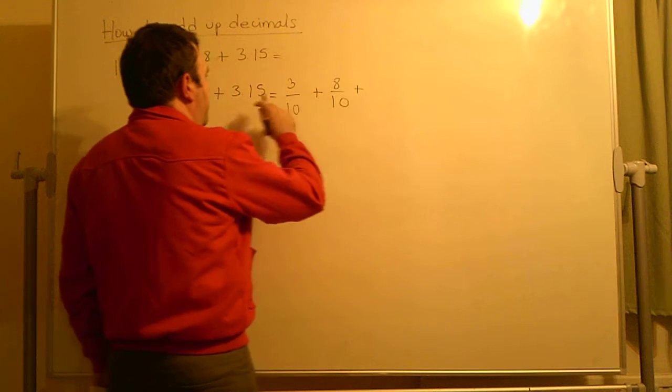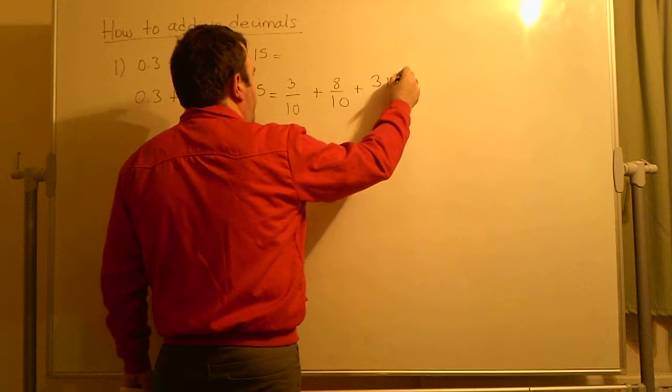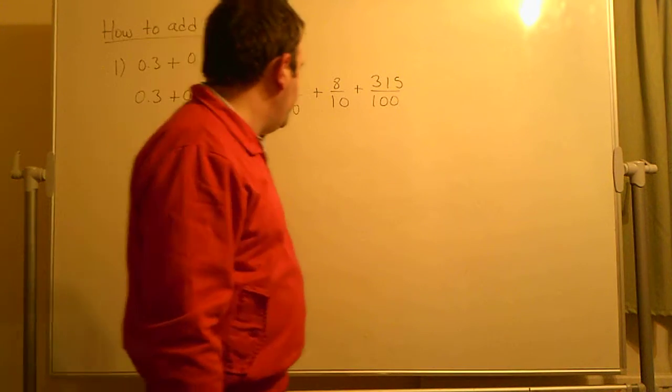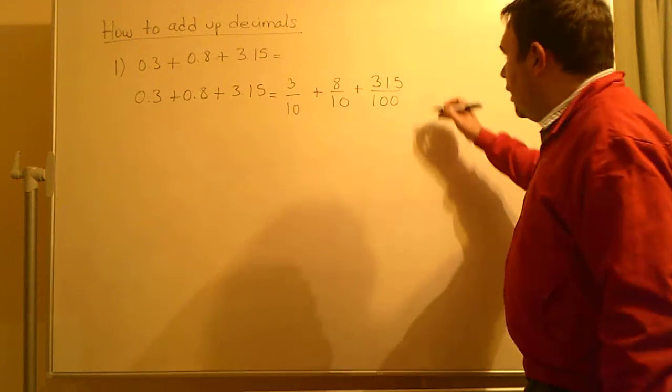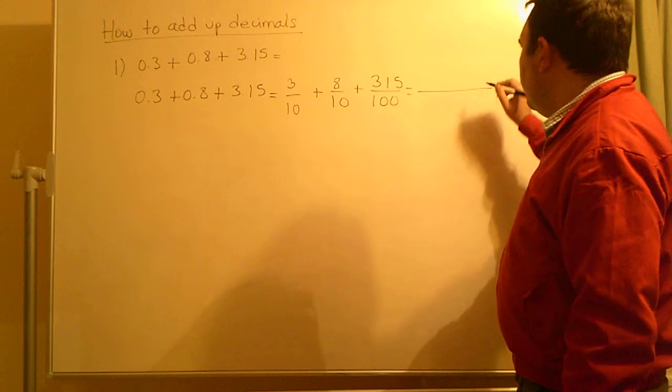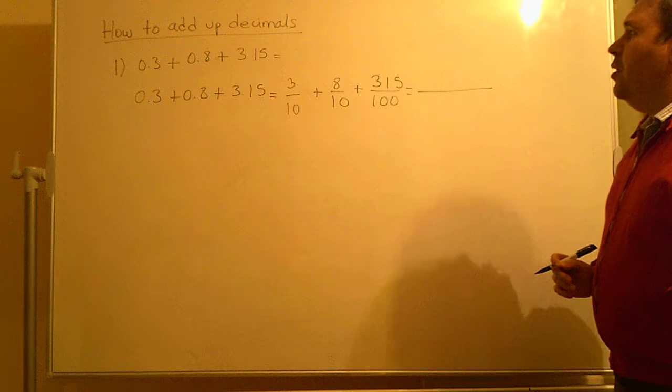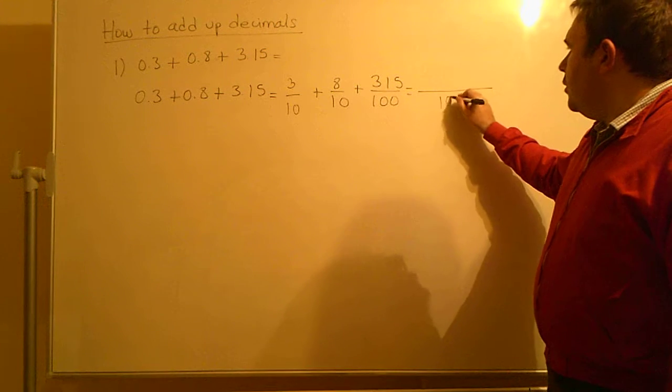And then 3.15, which would be 315 divided by 100. So now we need to find the least common multiple, which in this case would be